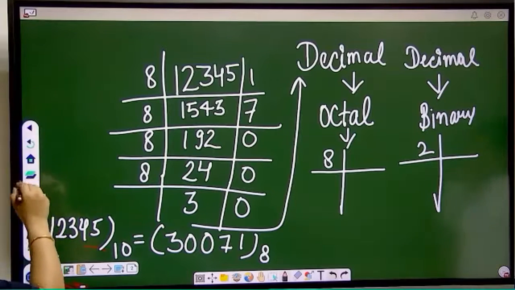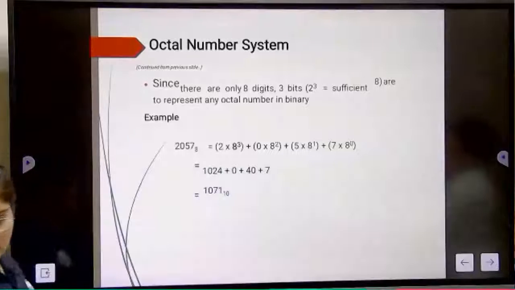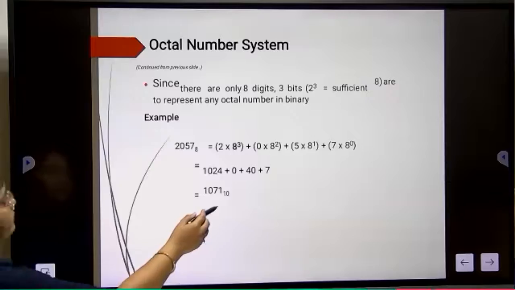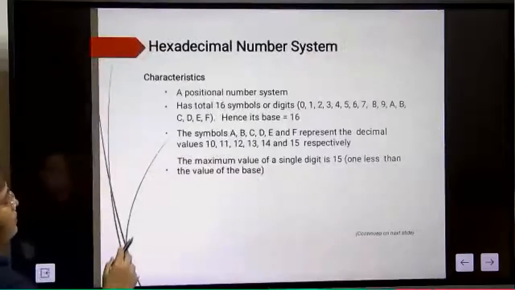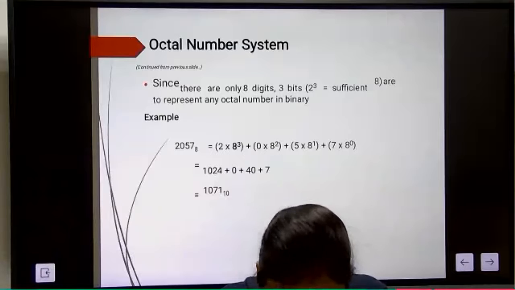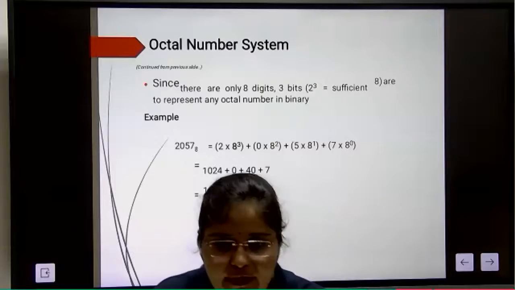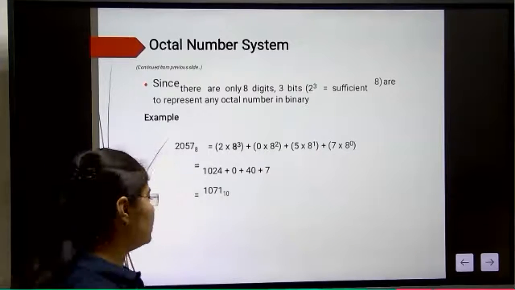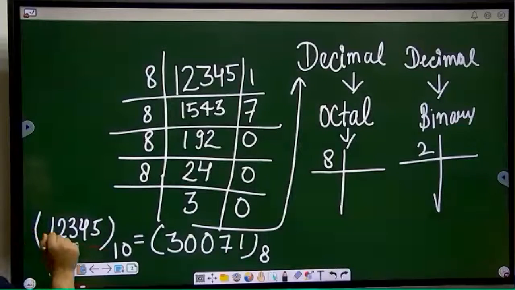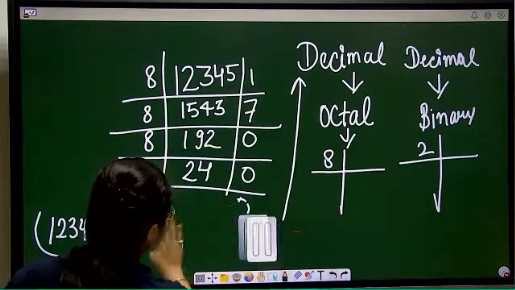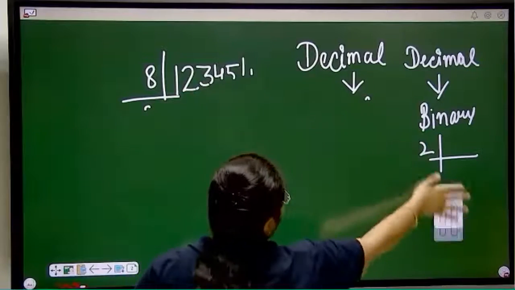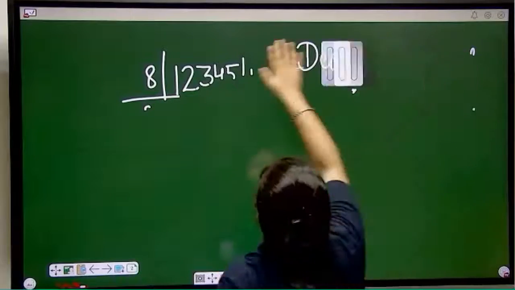Okay, so we will move back to the presentation. We will complete one more example here according to your book, octal to decimal. If you want to convert anything from decimal, there is one more thing you have to write, everyone. Just make a note of this so that you will not forget. Okay, so I will rub this complete board and just note this down.